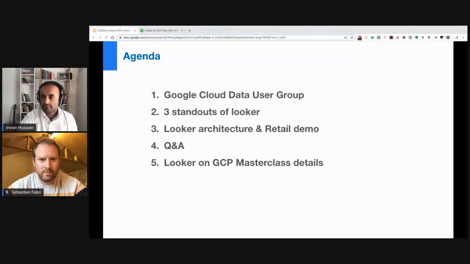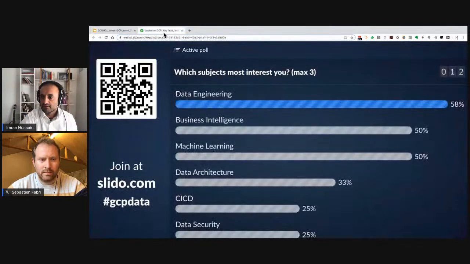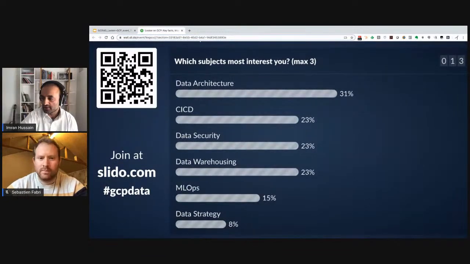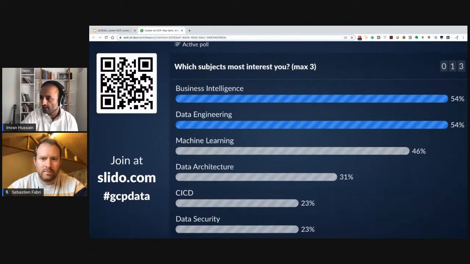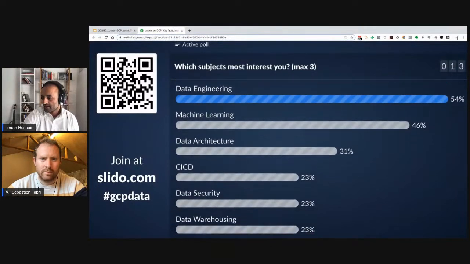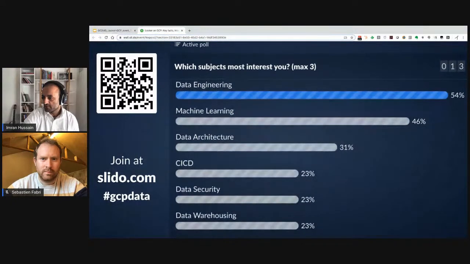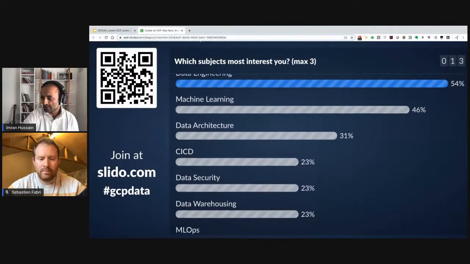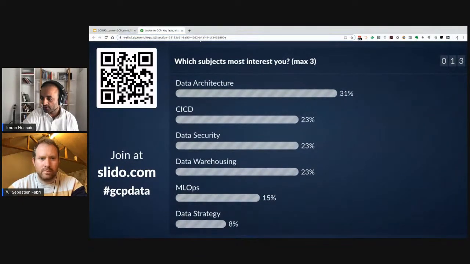We'll start with a poll to really get a feel of what interests you, and that's going to be very useful for us as a community. The question is, what are the subjects across the data disciplines that are most interesting to you? Business intelligence and data engineering pop out as pretty much neck and neck in the lead, trailing off going further down to machine learning, data architecture, CI/CD, and so forth. So a really interesting mix. I suspect BI is probably splitting the data warehousing vote. We'll go to the next question. So thank you for those who entered